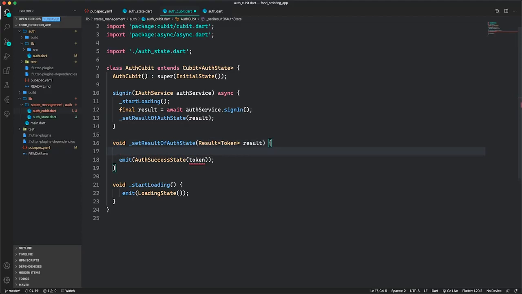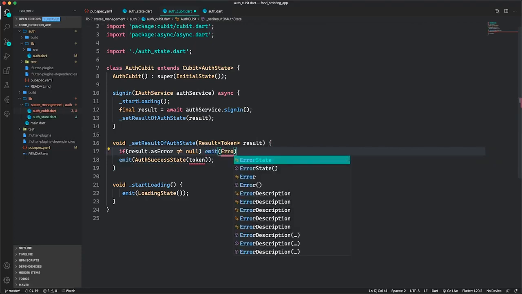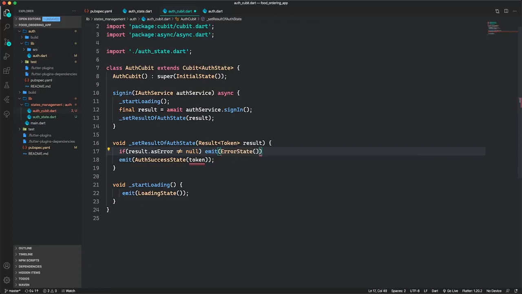So this function will check first if the result is an error. So if it is an error, that means that the error is not null. Then we are going to emit here an error state. So in this case, we're going to emit an error state,